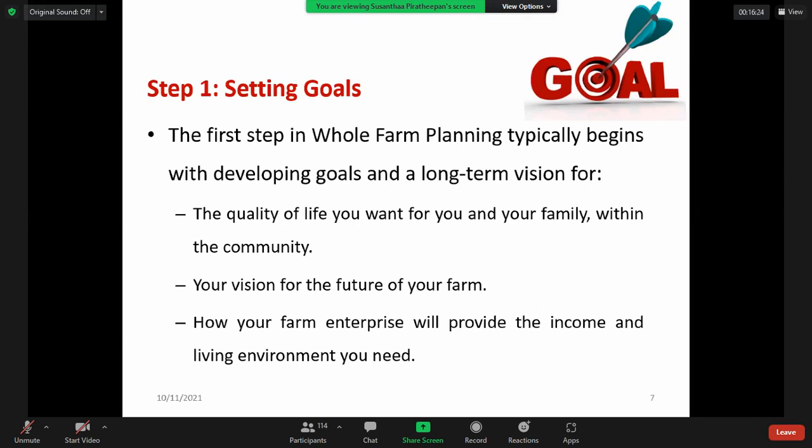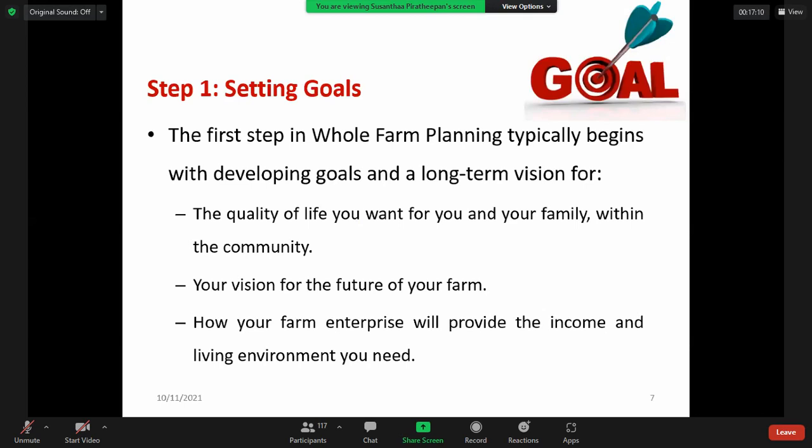You know the farm is an income-generating way. Most people nowadays have a farm because it gives a good income and it is stress-less work. So people are turning to farm activities or wish to have farms. According to your needs and your family needs, and within the community or the place, what you need and how you want the quality of life, we set the goals for the farm.